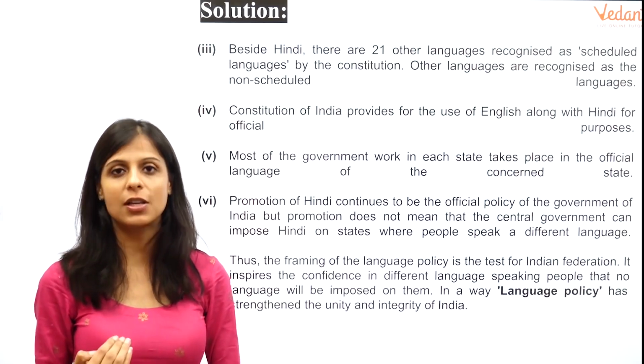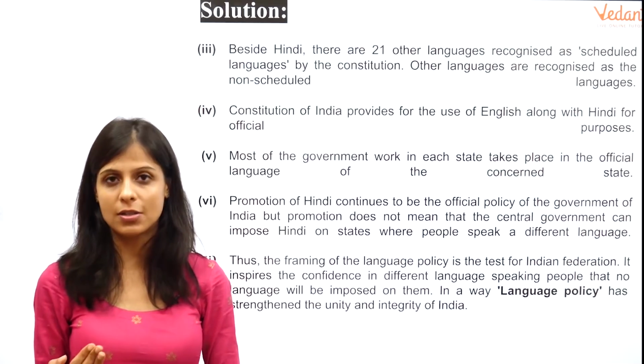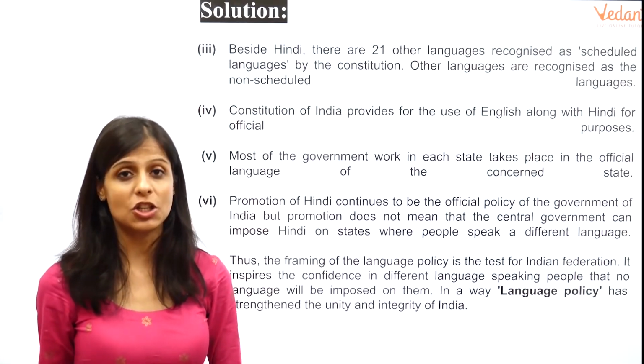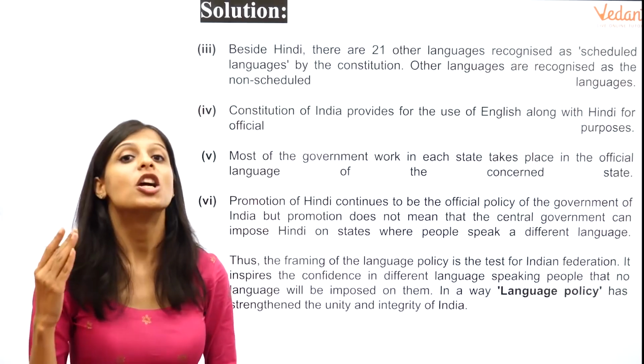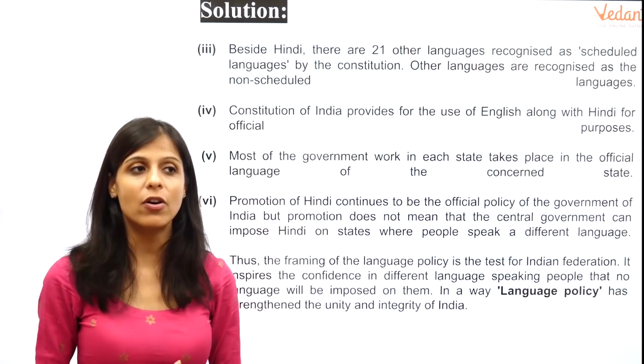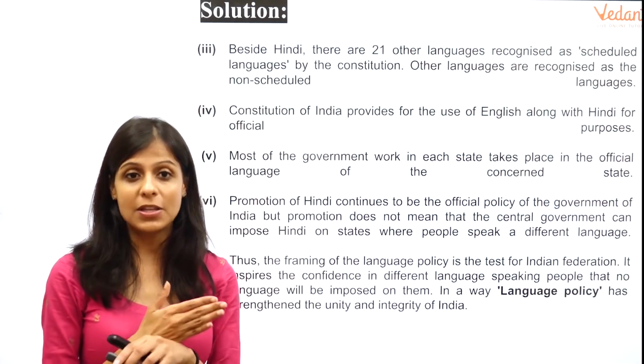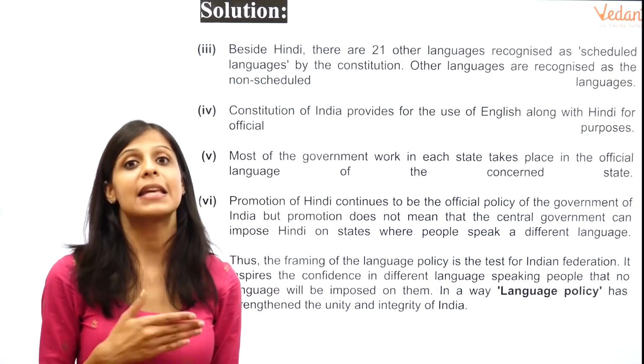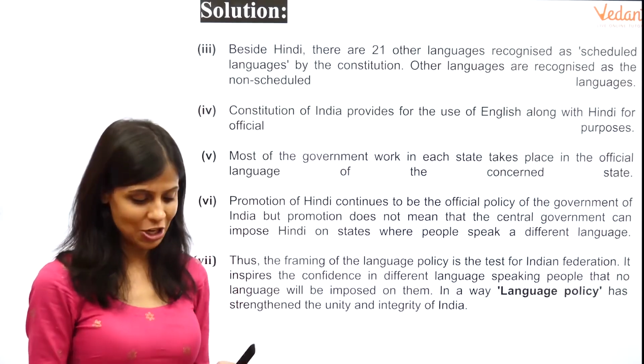The judiciary basically follows a pattern. For its jurisdiction, for its announcement of punishment and all, it's always and always English. So the official language for the judiciary is English. However, there's no status given to a national language. It's just the official languages, that is Hindi and English. Okay.